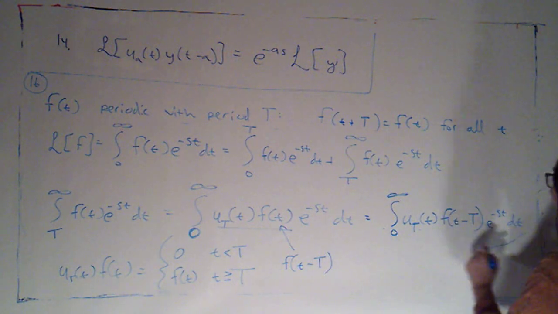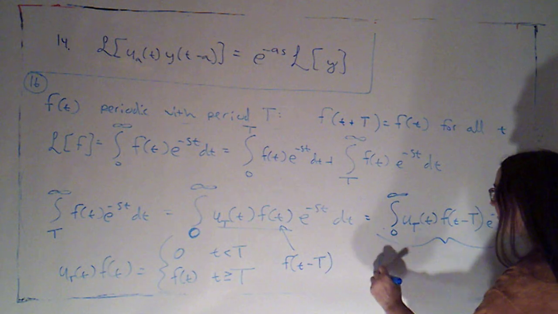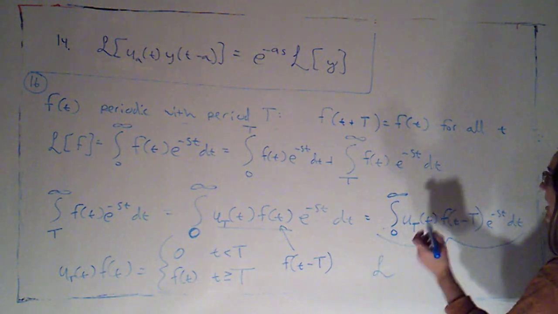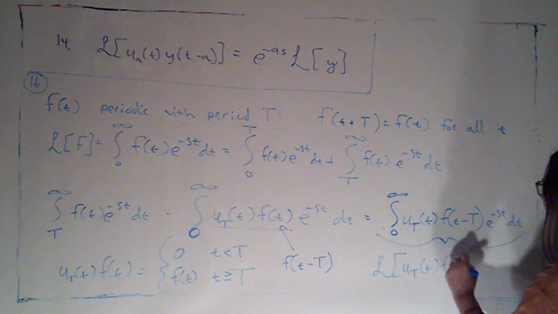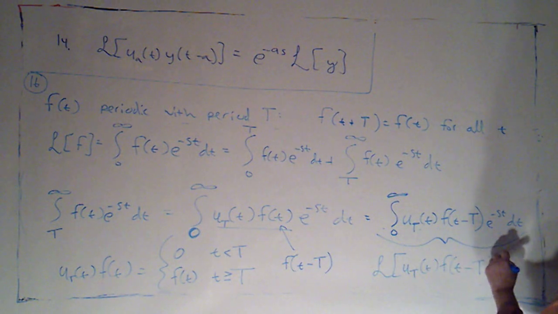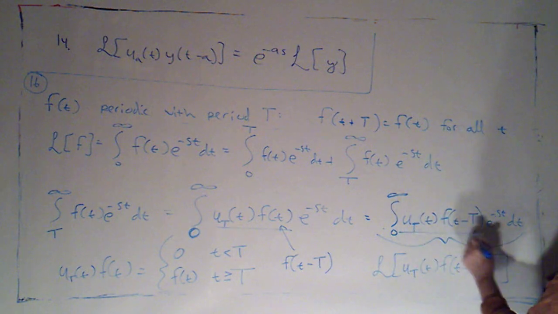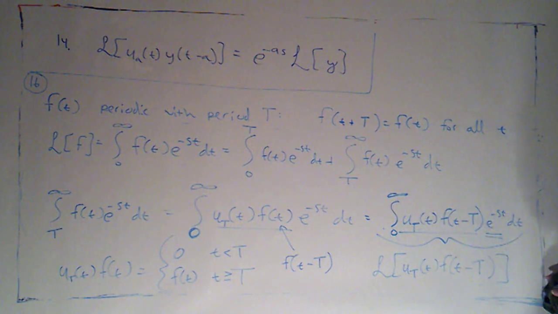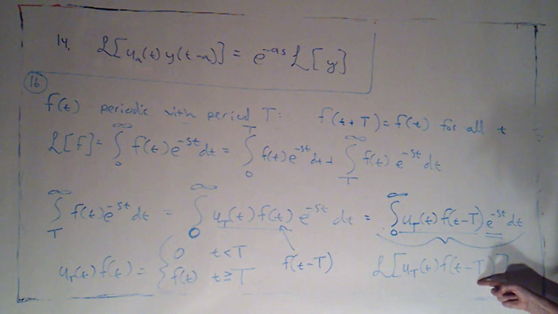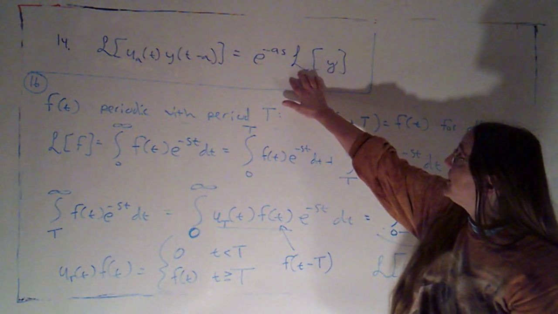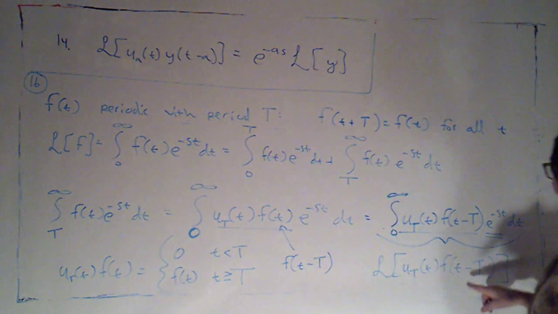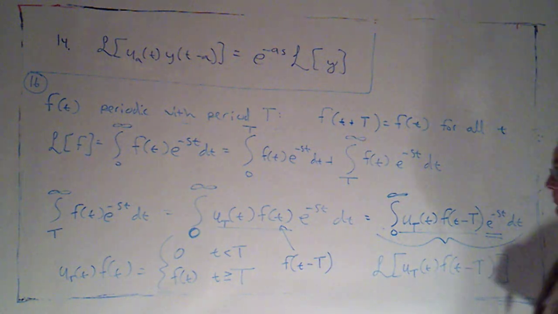But now that is the Laplace transform of mu sub T of little t times f of t minus big T, because it's that function times e to the negative st integrated from 0 to infinity. That's the definition of the Laplace transform. Okay. But now I can use rule number 14, which says that this Laplace transform,